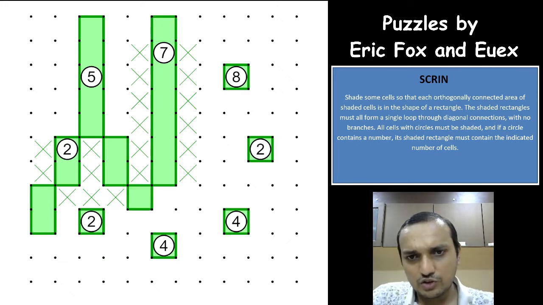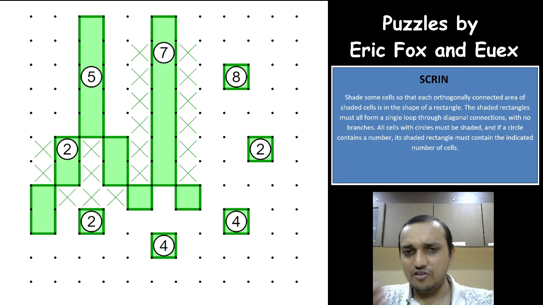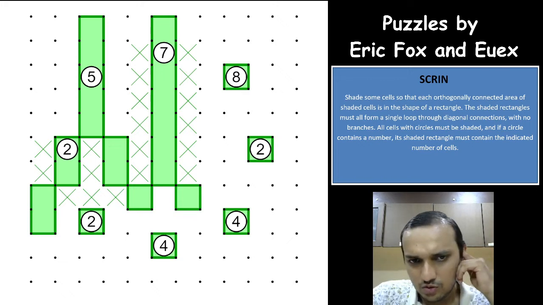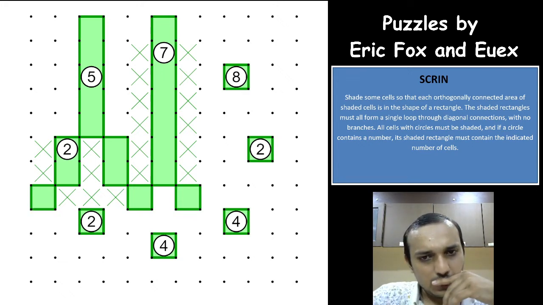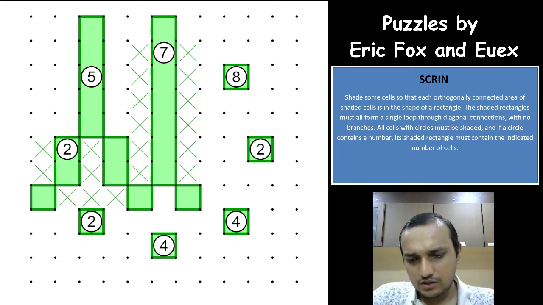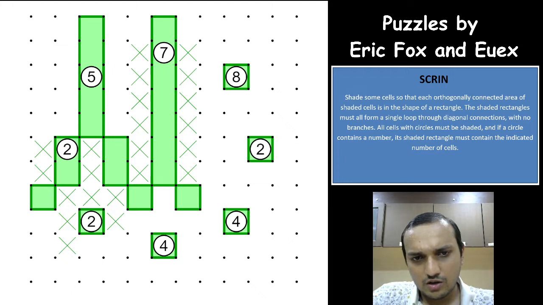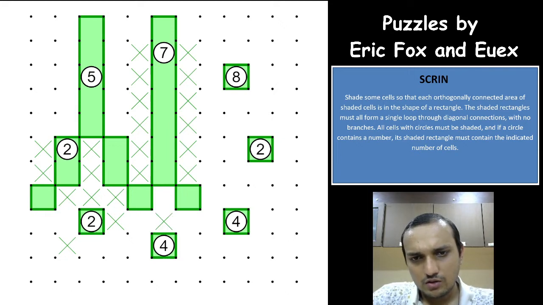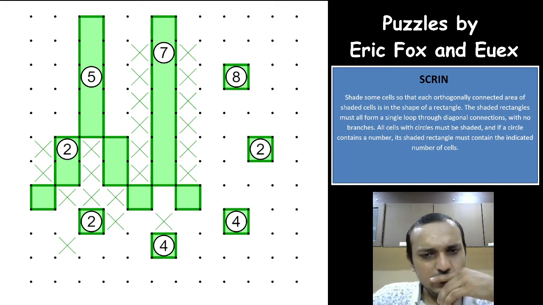Okay, so 7 goes up, this is a rectangle now. Every rectangle will have a diagonal connection, two diagonal connections. So 7, we have two diagonal connections now. Okay, and this cannot be a connection now, which means this would be a cross because it will either go this way or this way. Okay, and this is a cross here. Okay, so 4 would have to be